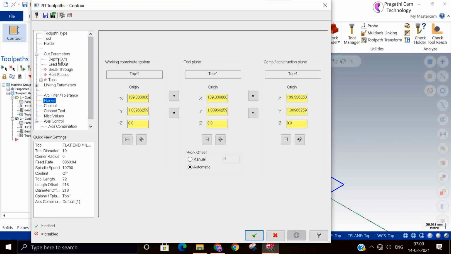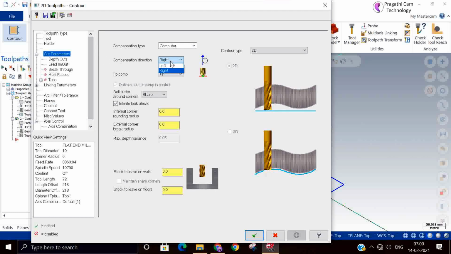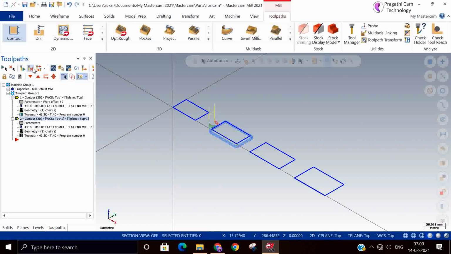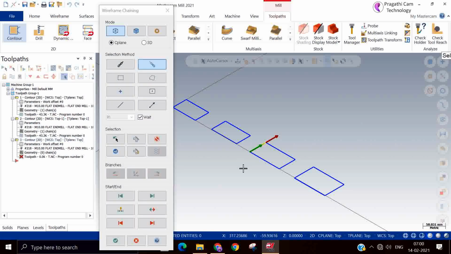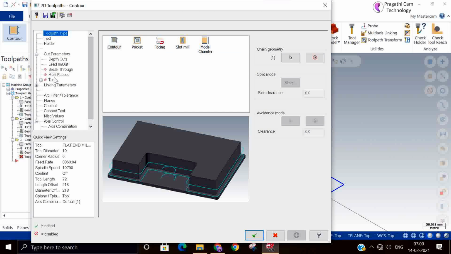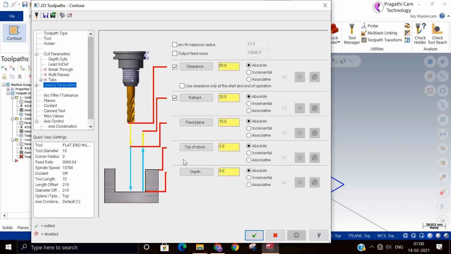I'll just check my compensation tool, right? So next toolpath, select this. Okay, so minus 10.